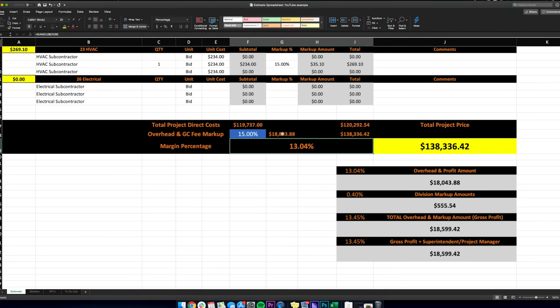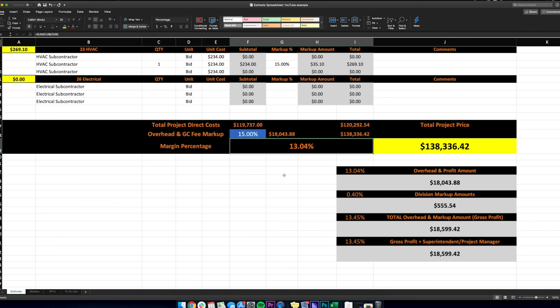Okay, so big, huge deal here. That's 15% of your price. But how much are you actually making in margin, not markup? If you understand this, you won't fail in being in business as a general contractor. 18,000 is 15% of 120,000.